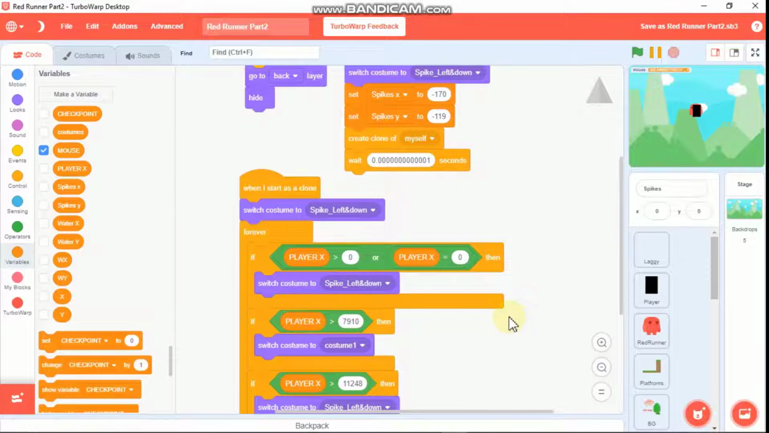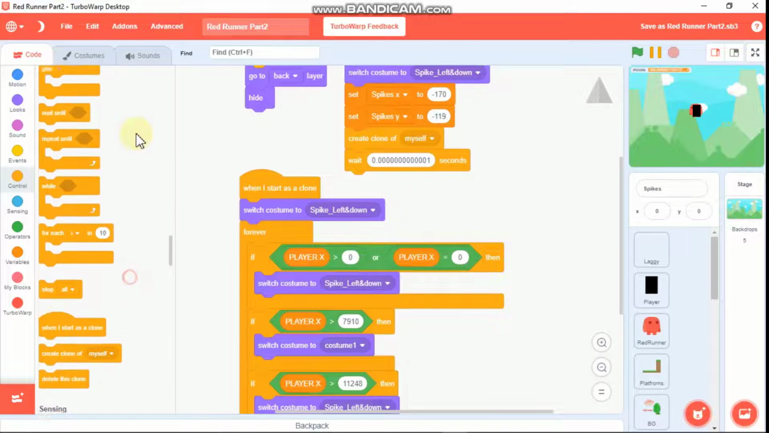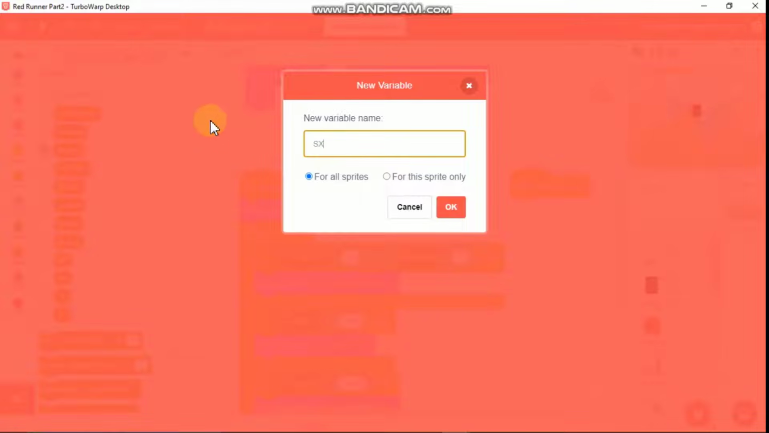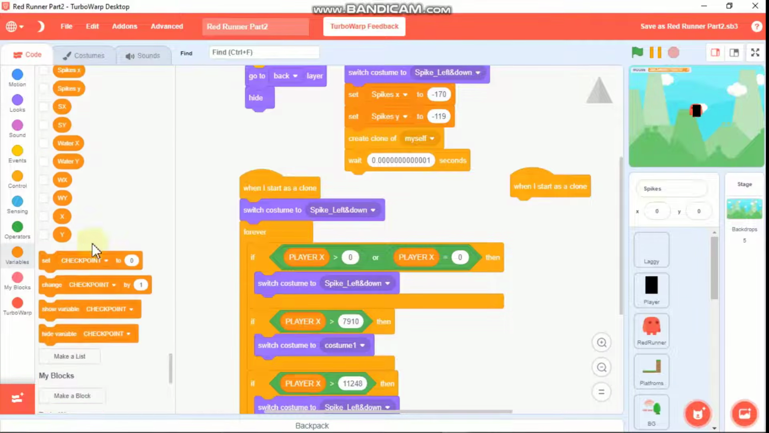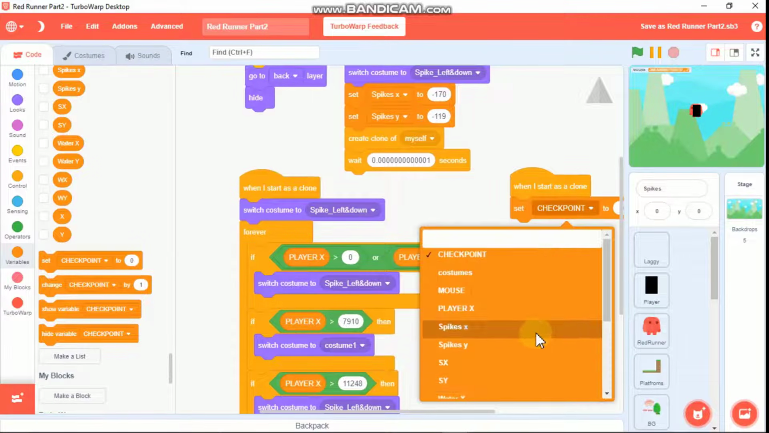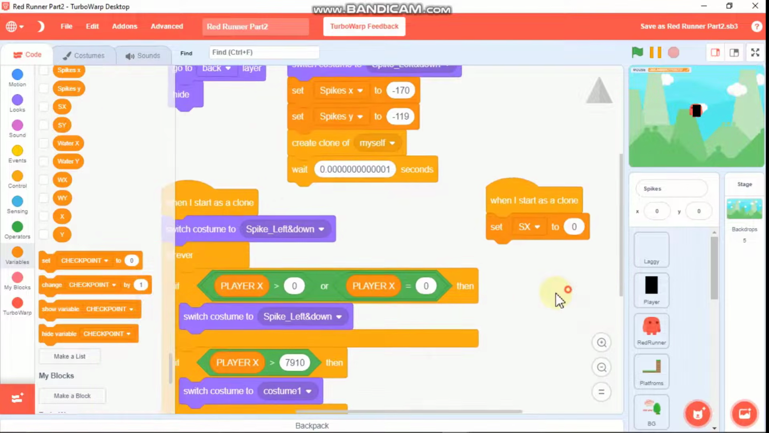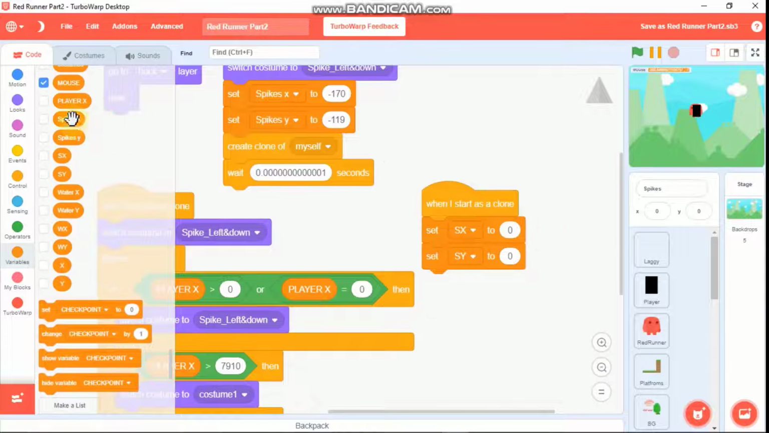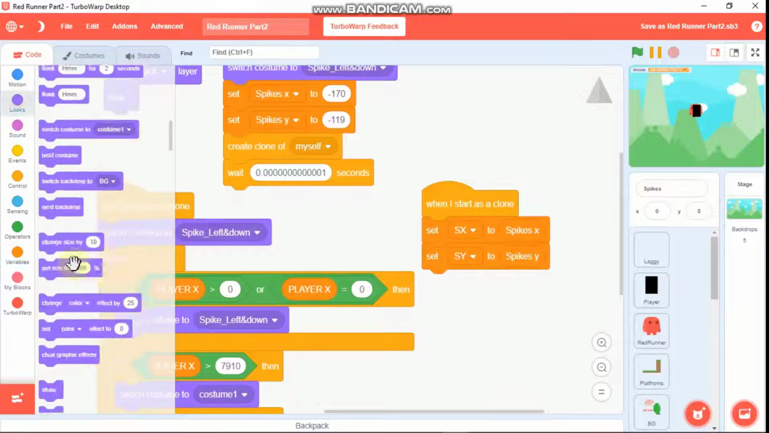So then grab when I start as a clone block and make two new variable called sx and sy for all sprites. So spike x and spike y. So we need to set sx and sy to spikes x and spikes y. Then we need to show